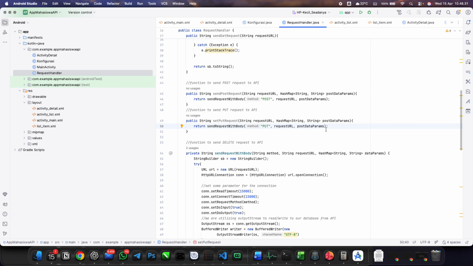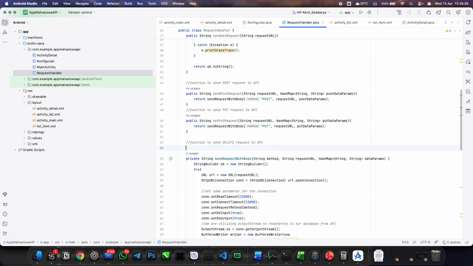That's the beauty of using two methods. We call it put data params to make a difference. I know it will be the same, it will be only different temporarily, but we have to make it different from the other functions.